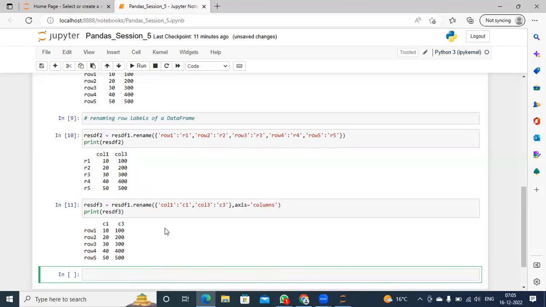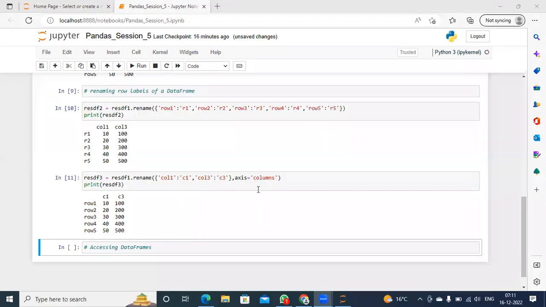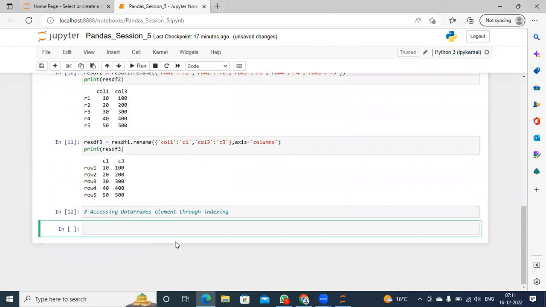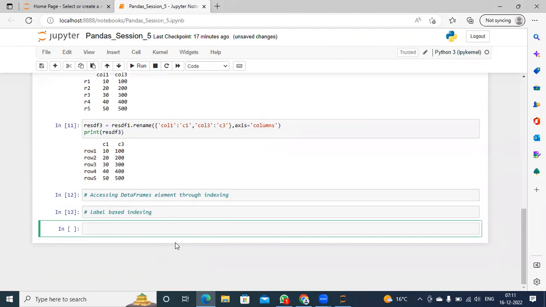So column 1 is renamed as C1, column 3 is renamed as C3. Next concept, accessing data frame element through indexing. First we are going to discuss label based indexing. Now first we are going to display here